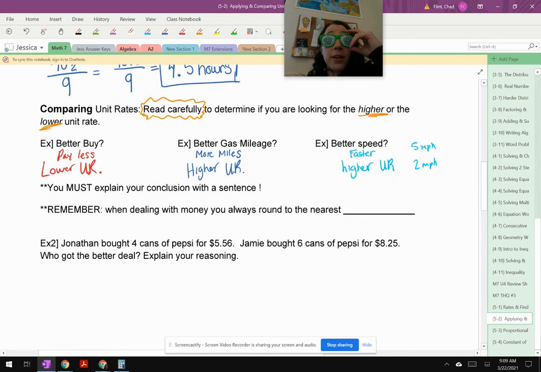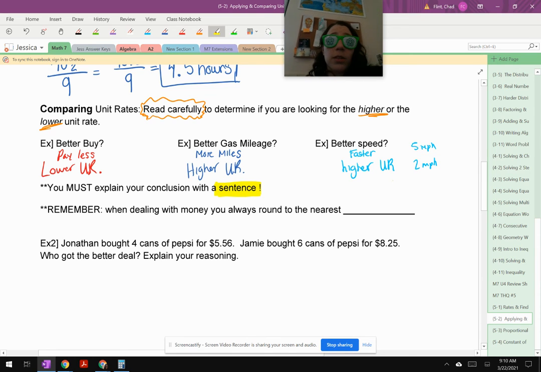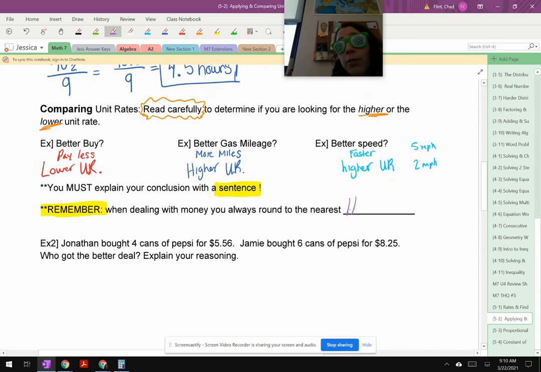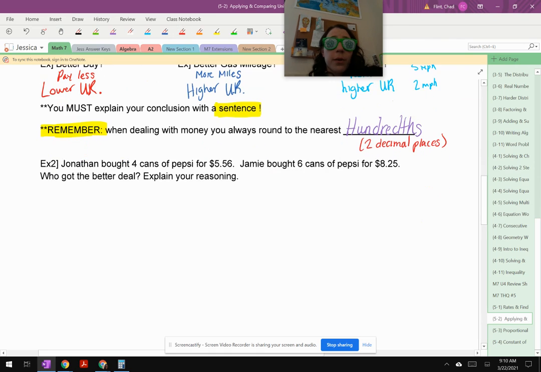When you're looking at these comparison problems, just make sure you explain your conclusion with a sentence, like a real-life person that knows English. You can do it. And this one, remember, when you're dealing with money, no matter what the situation is, you're always rounding to the nearest hundredth. The nearest hundredths place. Because remember, you see 2 decimal places when talking with money. All right, we'll look at an example